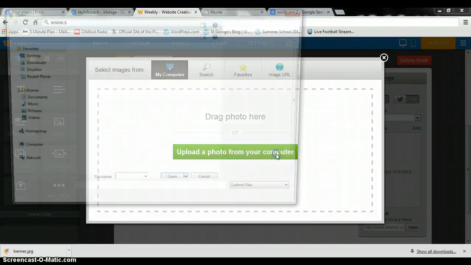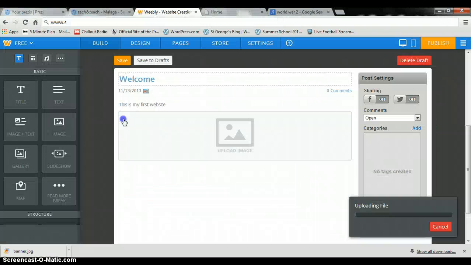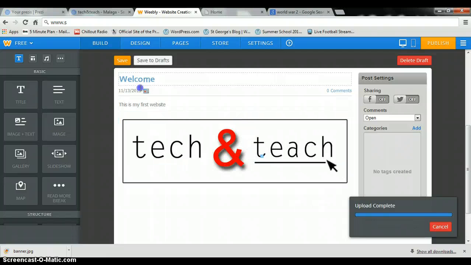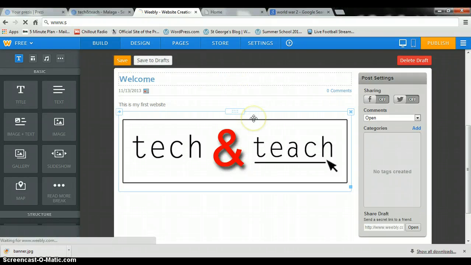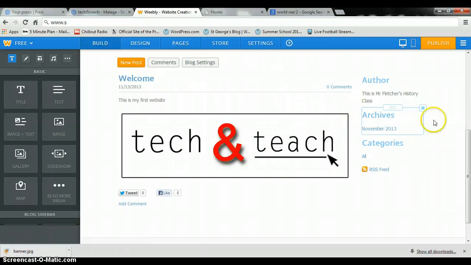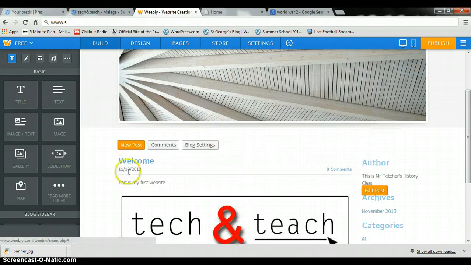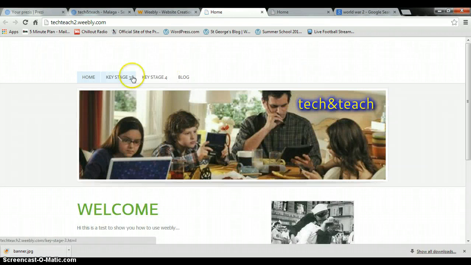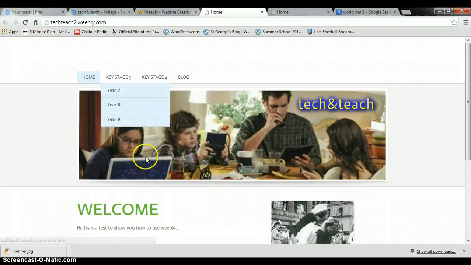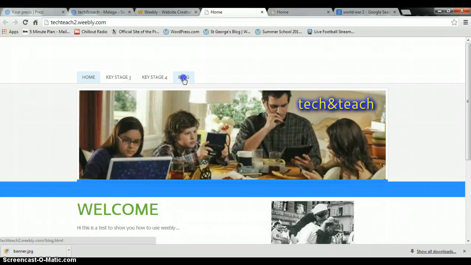So once you've done your first post or second post on your blog, you must remember to save it. If you don't want to publish it straight away, you can always save it to drafts and come back to it in the future. Let's save it. Okay, that's now on my blog, waiting for me to publish. Every time I do an update on my website, I need to publish, so that it's live, and all my changes are there. Go to my blog page,